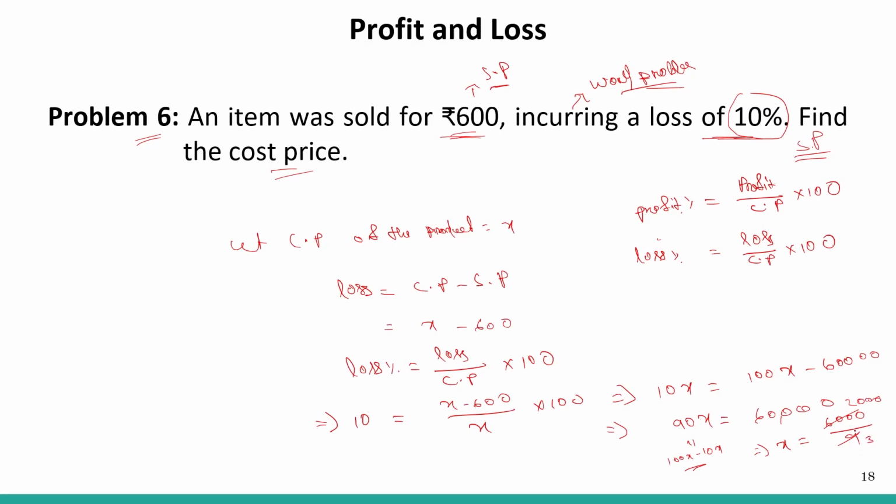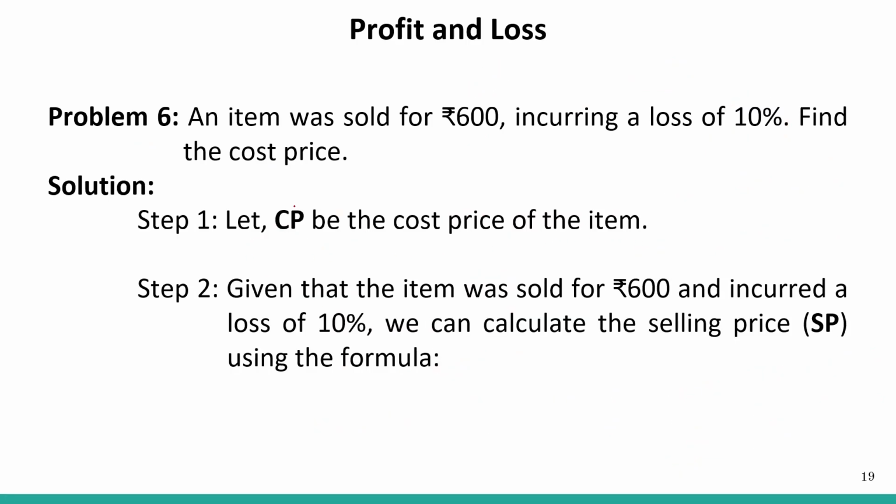So the cost price will be 2,000 by 3. So let's see again. An item was sold for 600, incurring a loss of 10%, and we want to find the cost price. Let the CP be the cost price of that item. We have assumed this to be X, right? Given that the item was sold at a loss of 10%, we can calculate using the formula